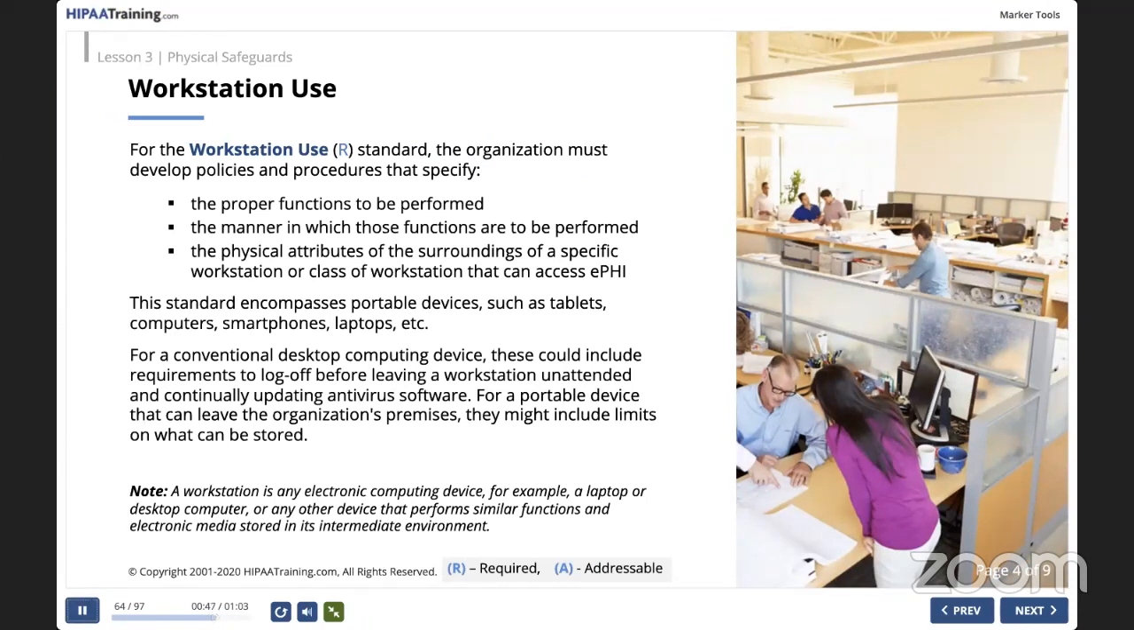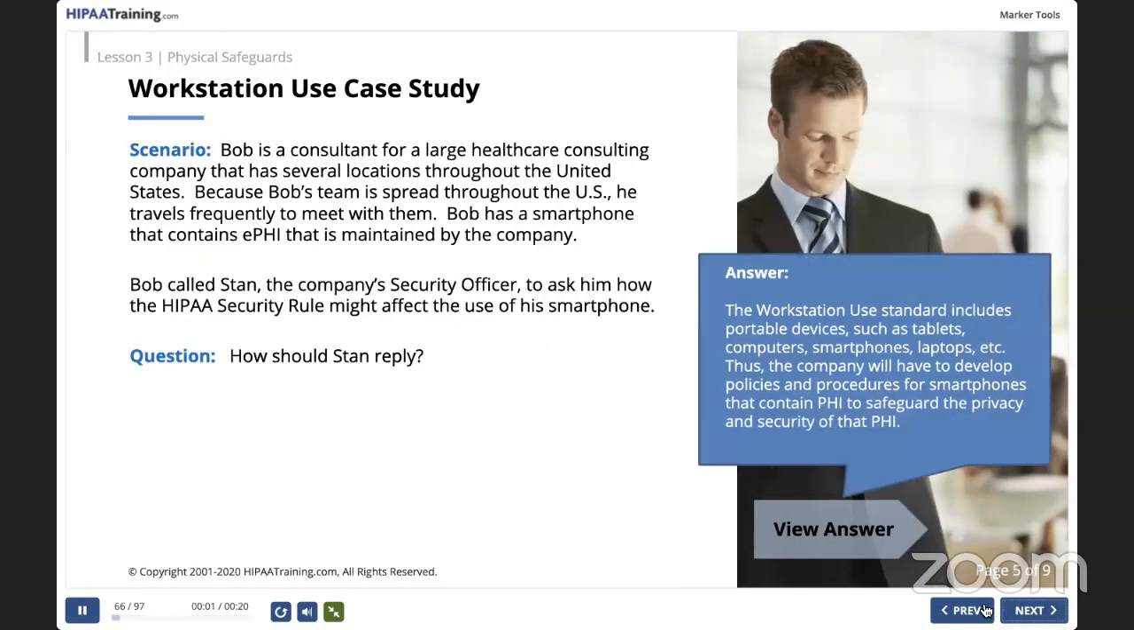include limits on what can be stored. Note, a workstation is any electronic computing device, for example, a laptop or desktop computer, or any other device that performs similar functions and electronic media stored in its intermediate environment. Workstation answer. The workstation use standard includes portable devices such as tablets, computers, smartphones, laptops, etc. Thus,